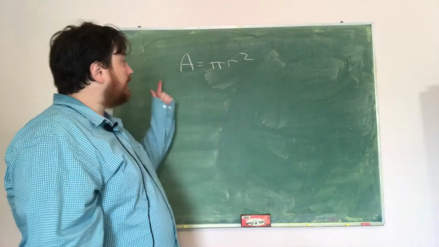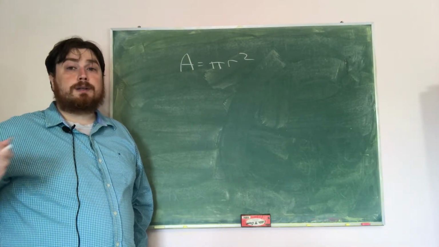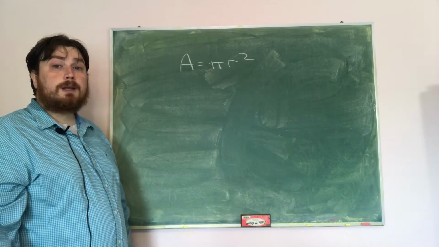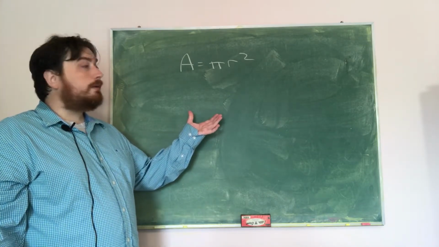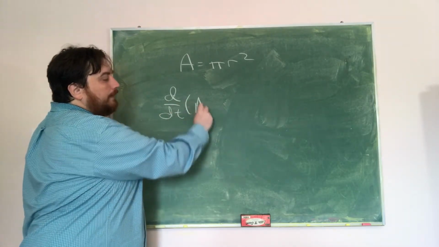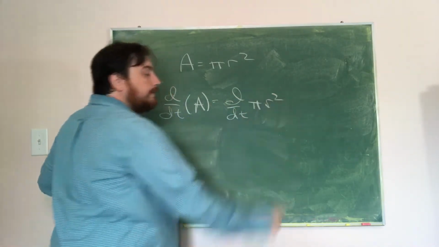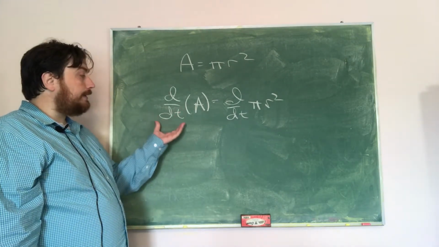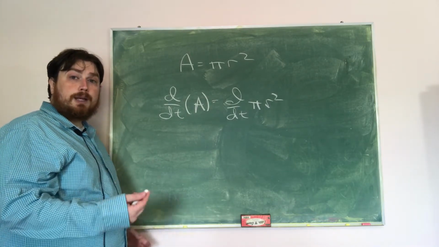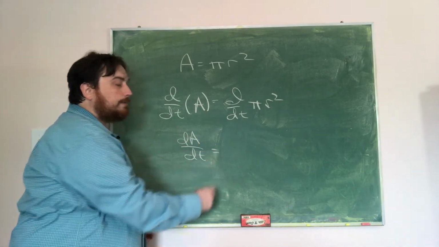Alright, now that we've got our equation A equals pi r squared relating area and radius, what we need to do is implicitly differentiate the equation so that we can find dA/dt. Because we're looking for dA/dt, we're going to take the derivative of both sides with respect to time. So d/dt of the left-hand side is d/dt of the right-hand side. Now d/dt of A is just dA/dt. We don't know what A is, so we can't actually find this derivative, so we're just going to leave it implicitly as dA/dt, and that's going to be equal to